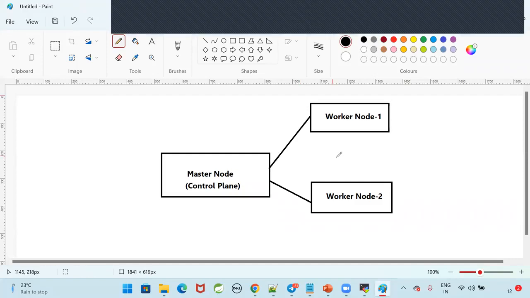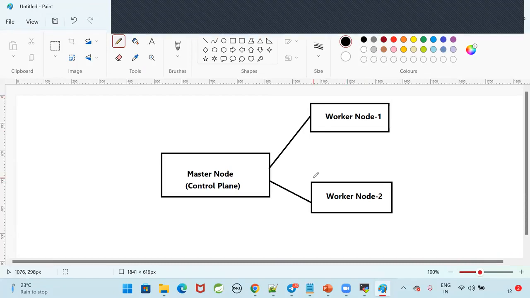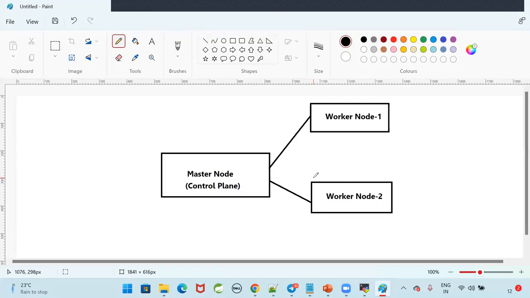Now I want to deploy my application. I want to create some pods and run my containers in the pods. I want to do auto scaling and set a replication factor. I want to execute some commands on the Kubernetes cluster to deploy my application. In order to do this, we need to use kubectl and execute those kubectl commands on the